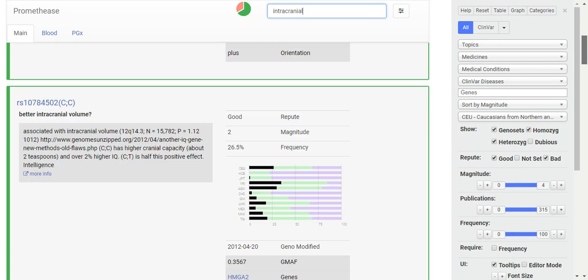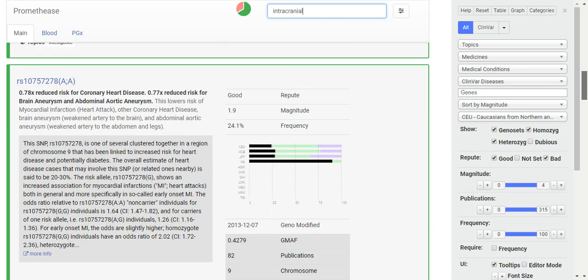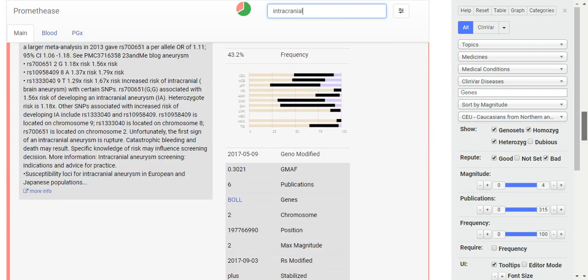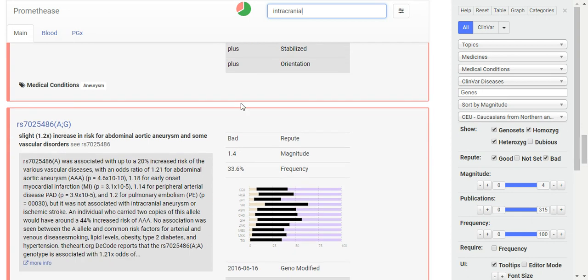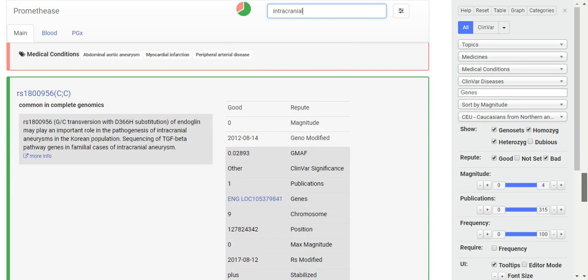Better intracranial volume. 0.78 reduced risk for coronary heart disease. 1.11 increased risk for intracranial aneurysm. And so you'll see how it assesses what your likelihoods are regarding each gene, or SNP, I don't really know.